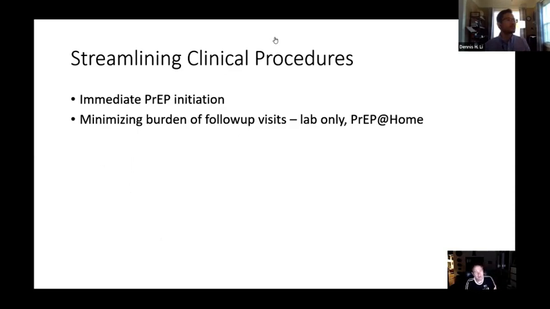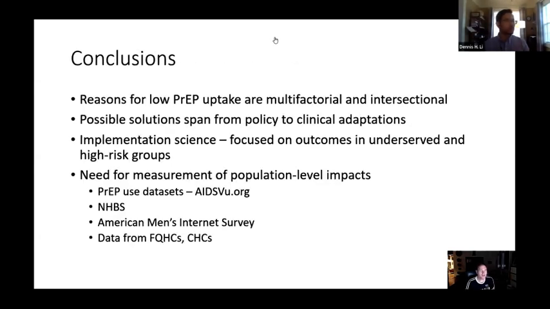If people are found to have a positive HIV test or high creatinine or hepatitis, they can be discontinued from PrEP as soon as those results are back. But for the great majority of people seeking to initiate PrEP, they can start PrEP without having to have a second provider visit. So in conclusion, the reasons for low PrEP uptake are multifactorial, they're intersectional, and the possible solutions